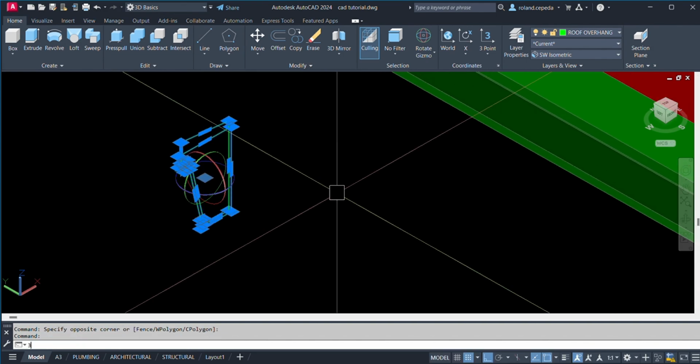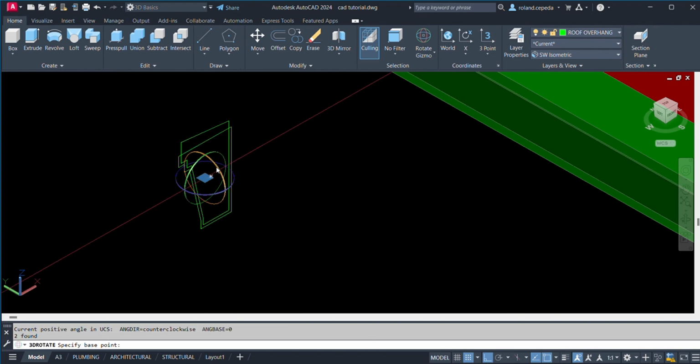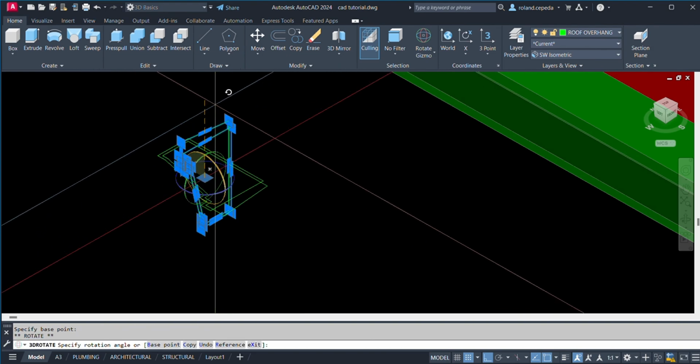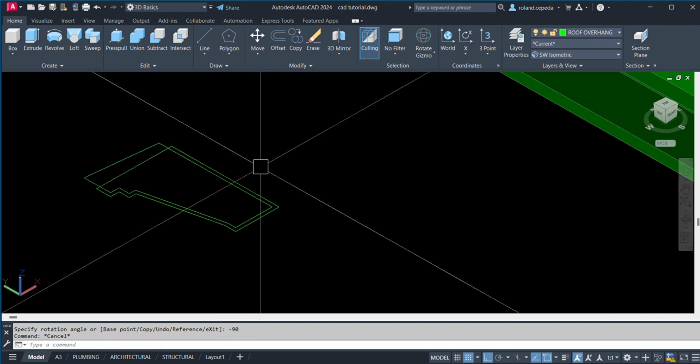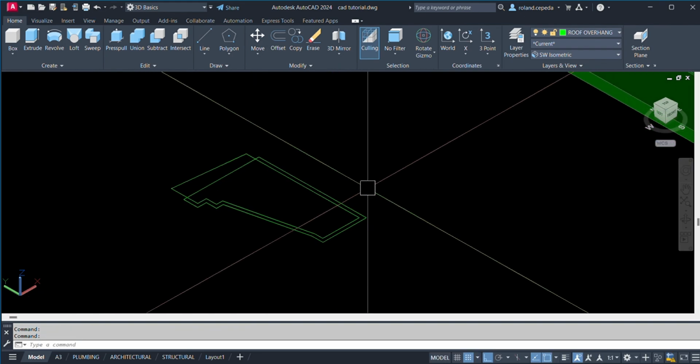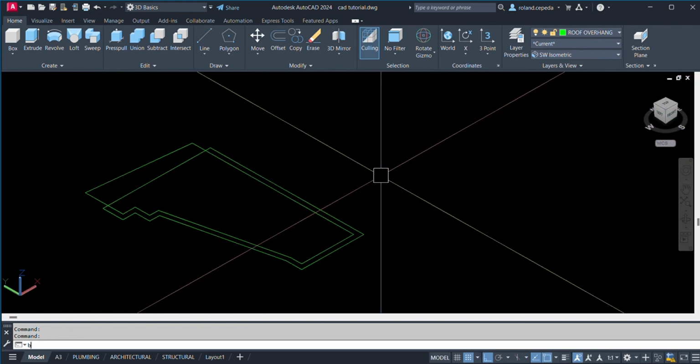Let's rotate this one, 3D rotate to 90 or negative 90. Okay. And then let us create a B-poly.